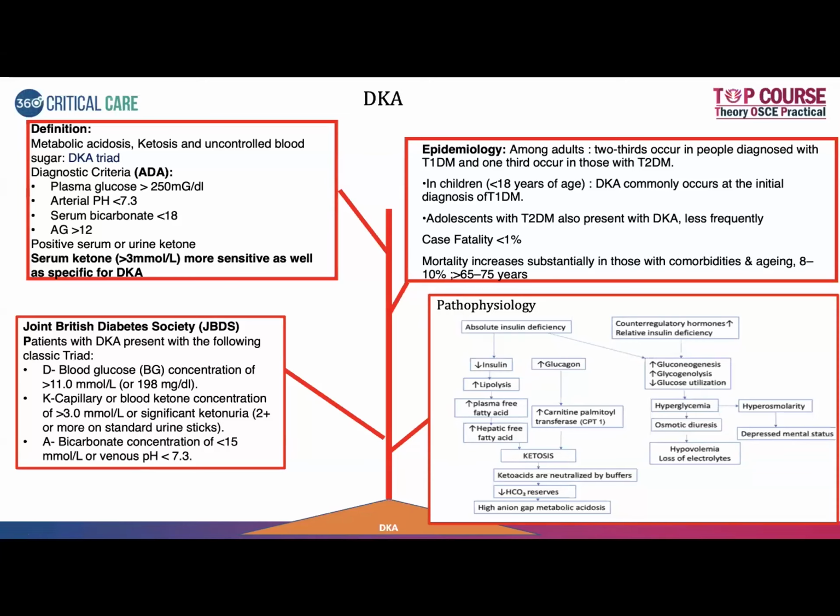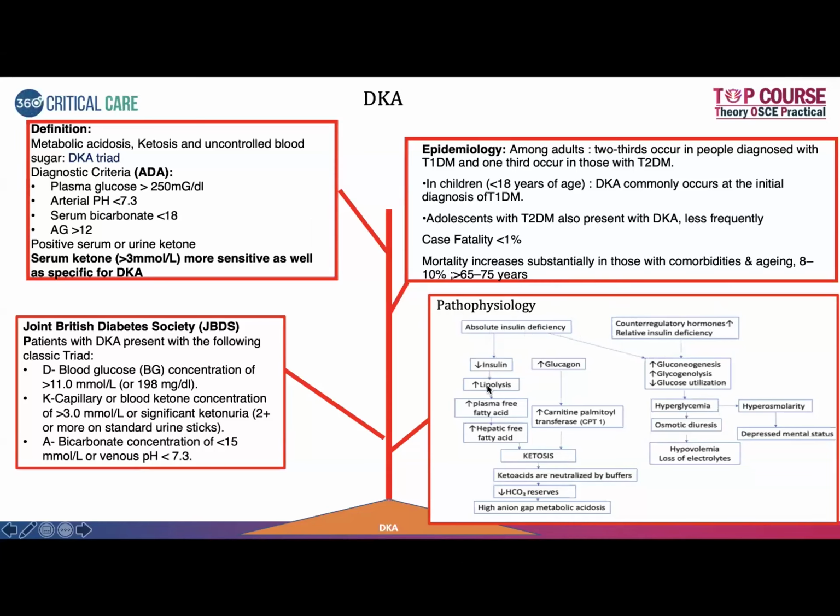Coming to the pathophysiology. There can be an absolute insulin deficiency. Mostly in the ICUs, it is going to be a relative deficiency. So relative insulin deficiency with an increase in stress, also extrinsically administered vasopressors and catecholamines, so counter-regulatory hormones will go up. So there is an imbalance between insulin and counter-regulatory hormones.